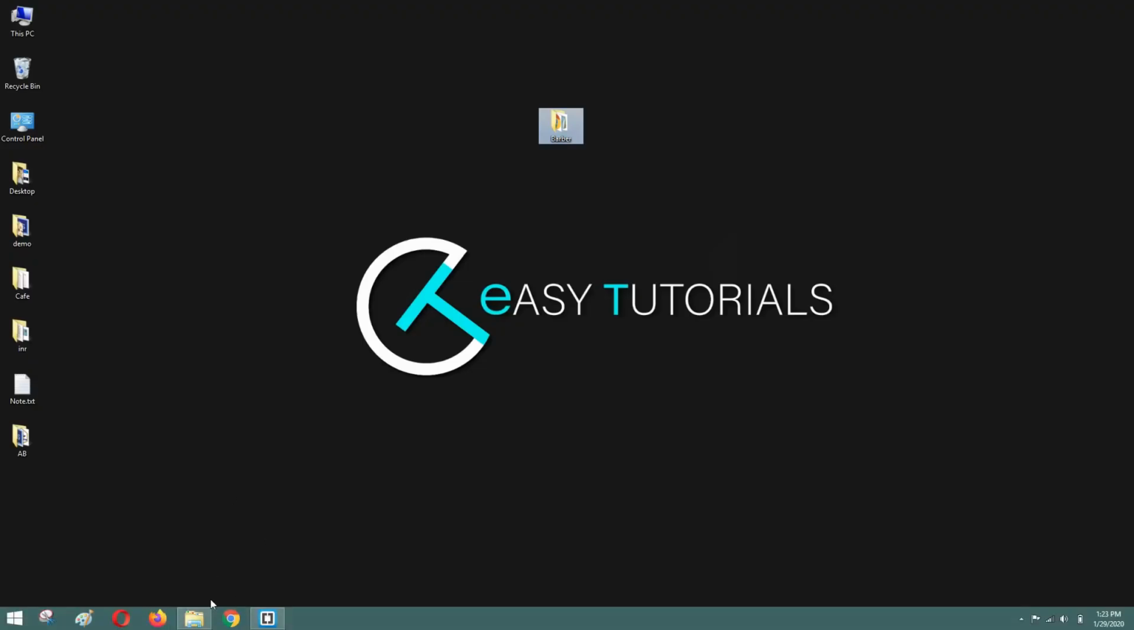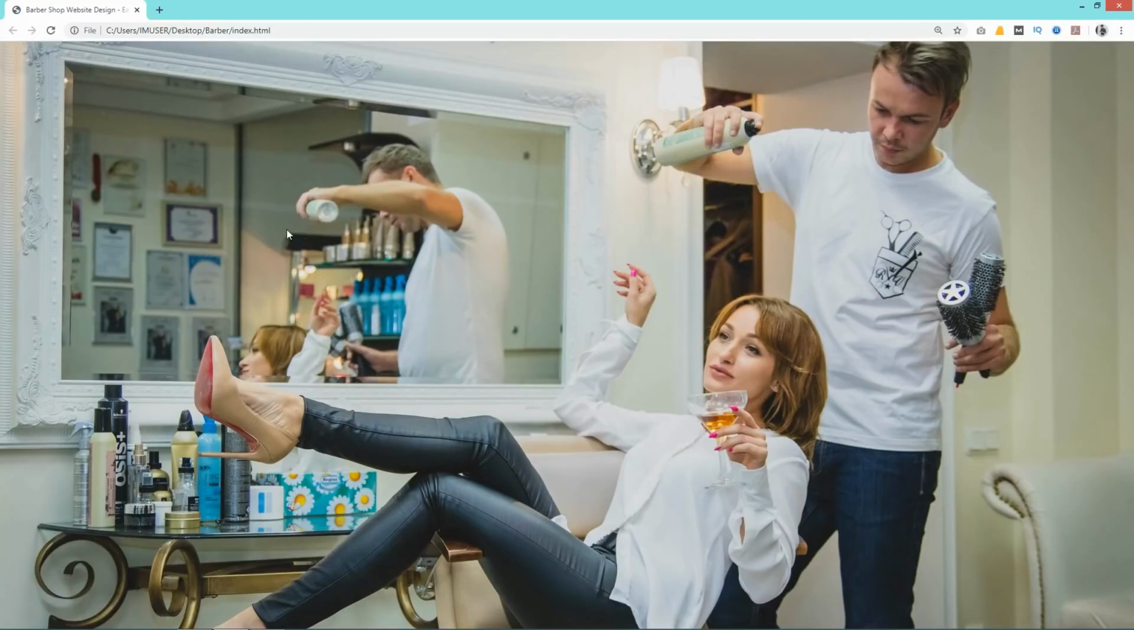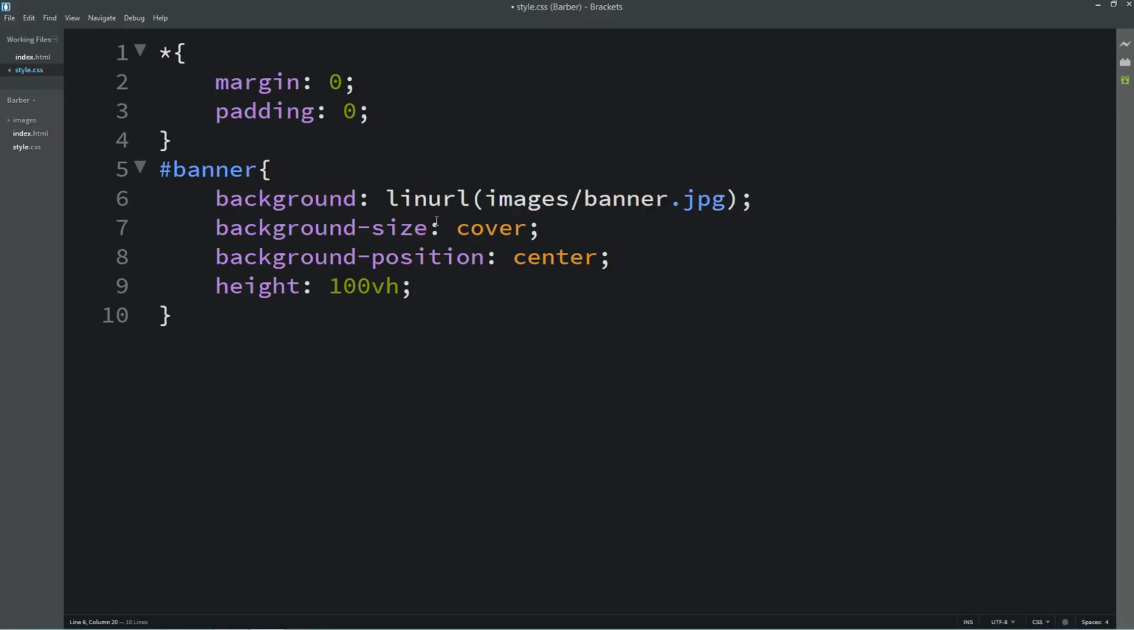Now come back to the folder and open this HTML file with any web browser. I will open with Google Chrome. And you can see the image on the complete web page. Let's come back to the code editor, and in this CSS file here we will add linear gradient